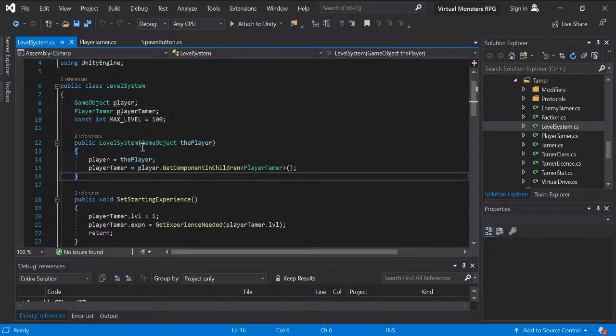We have a constructor which takes a game object, which we call the player, and then we basically just set this player for the class itself to be equal to the player that we're passing into the constructor of the script. And then for the player tamer, we're taking the component inside of the child, which is,